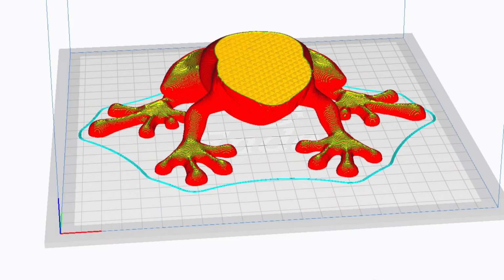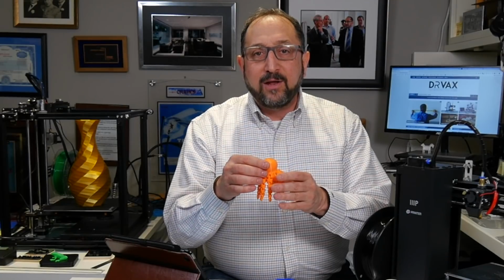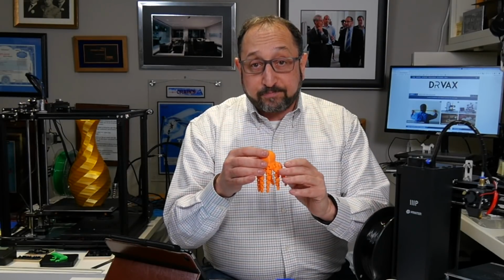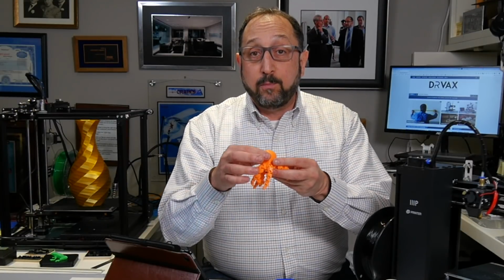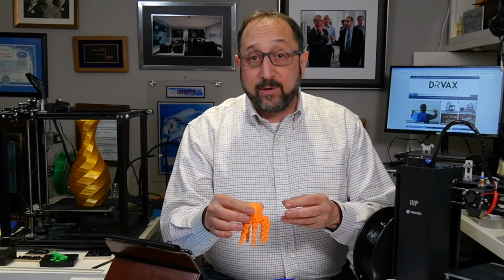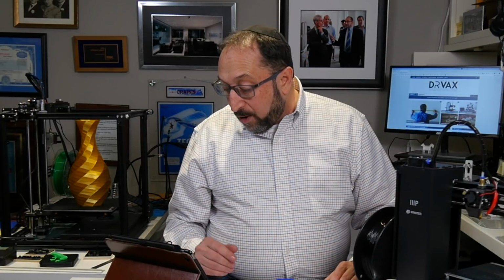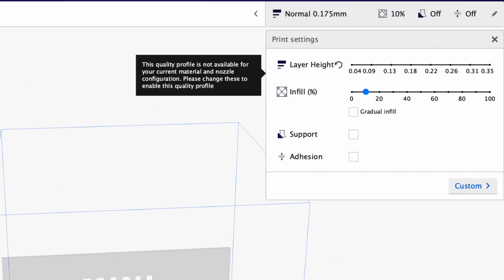Instead, you print some type of grid inside, which is a sparse grid. The density of that grid, 10%, 20% is very common. 30 or 40% is even common, determines how much plastic you use, and it determines how fast your print prints. Because more fill you have, the slower it's going to print. In addition, the quality parameter, which is listed as layer height, 0.2 millimeters, 0.15 millimeters, 0.3 millimeters, is another indication of speed versus quality.